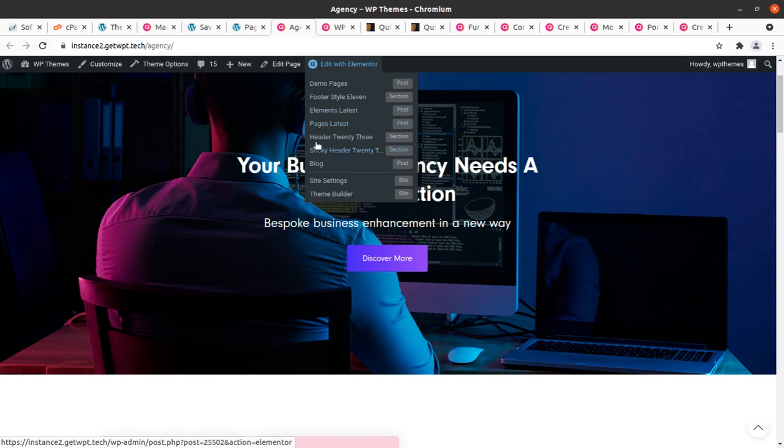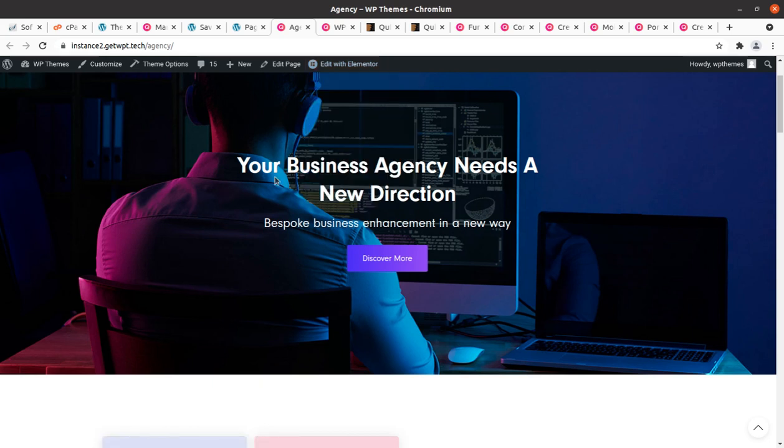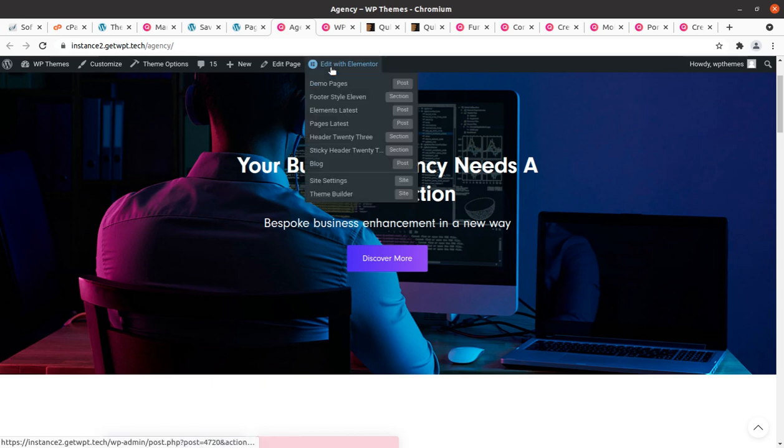The header is edited in a separate section, and the sticky header is in a separate section. So simply click on edit with Elementor, and I would advise you to take a backup of the page using any duplicator plugin, so it will be safe for you. Just in case you make any mistake, you can restore the page.